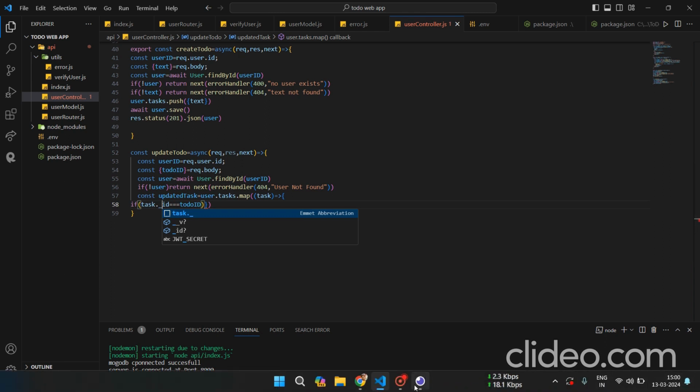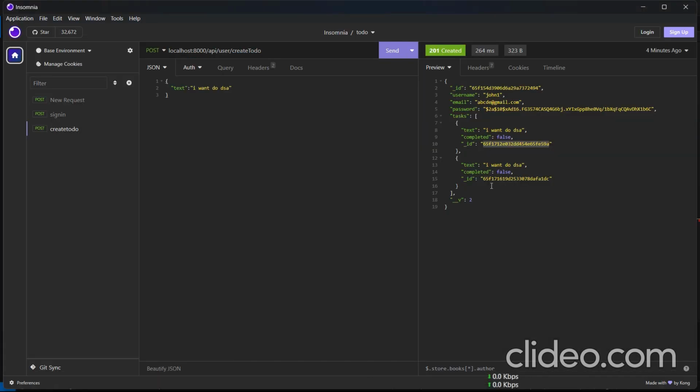Okay, so if task._id equal to todoId, then